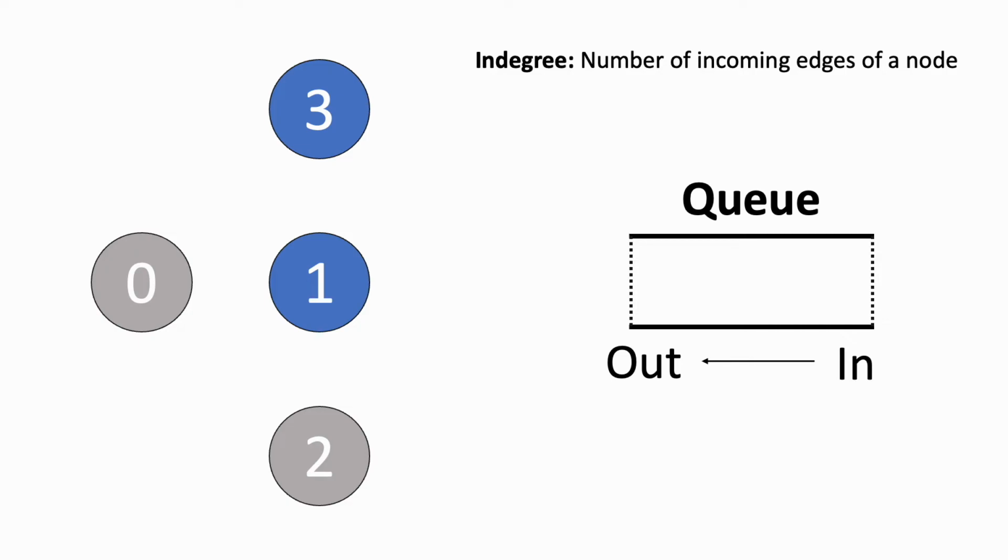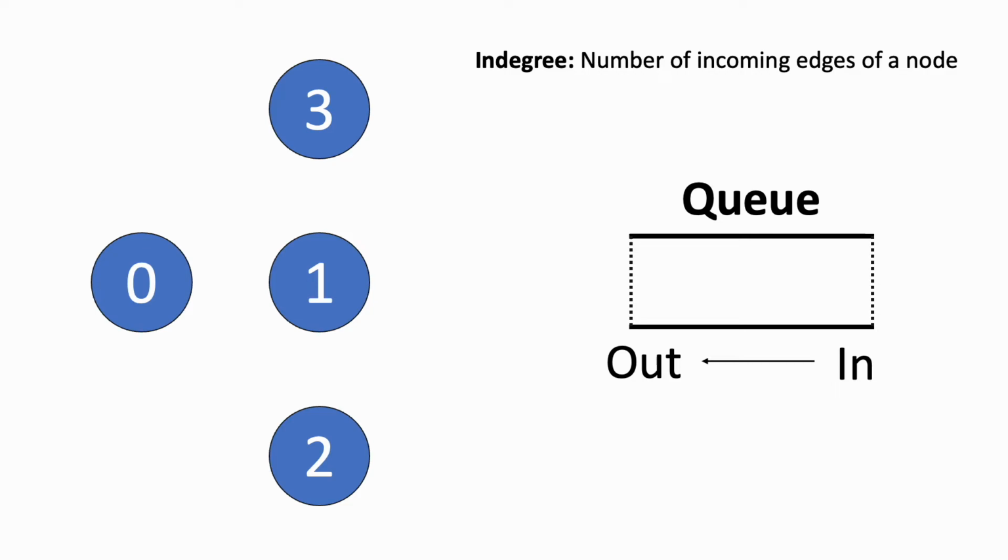Now both node 0 and 2 have an in degree of 0, so let's add both of them to the queue. We then visit node 0, which has no outgoing edges, so there's nothing to delete. Finally, we visit node 2 and we're done. The order in which we visited the nodes is the topological sorting, which was 3, 1, 0, then 2. And since we were able to complete the sorting, we know that there is no cycle in the graph and